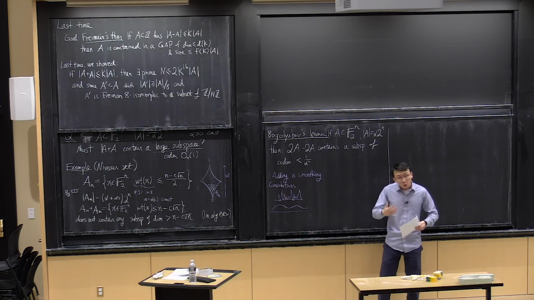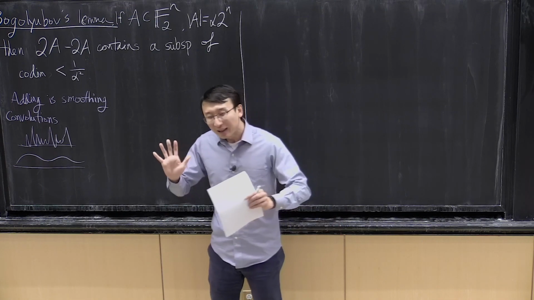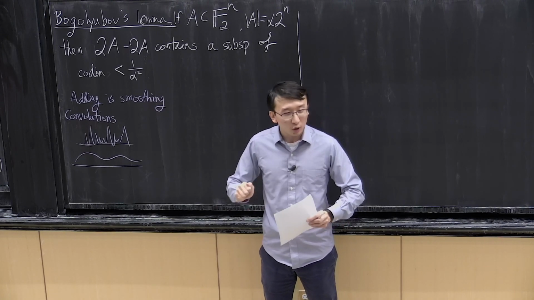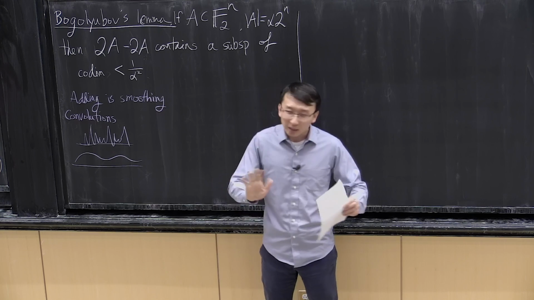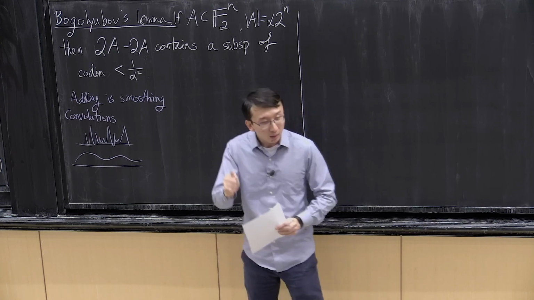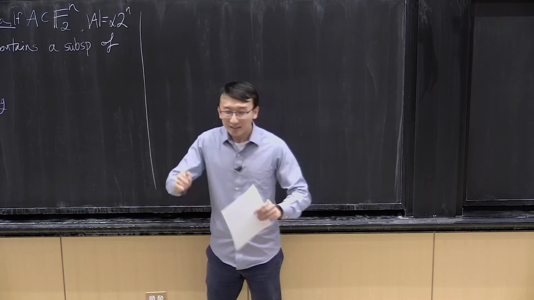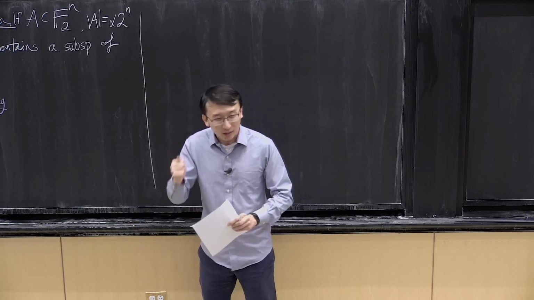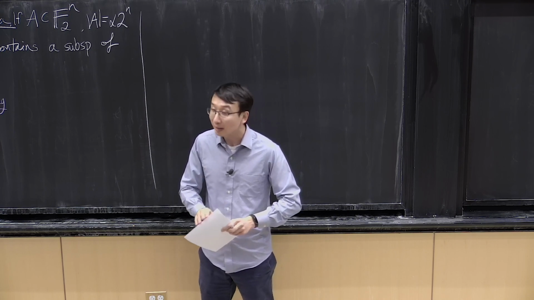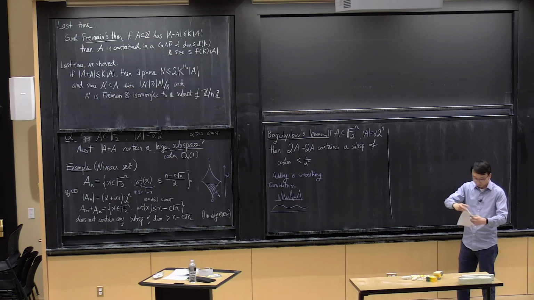So when we do these Fourier analytic calculations, okay, so there will be some Fourier analytic calculations. The first time you see them, they might just seem like calculations. Right? So you push the symbols around and you get some inequalities, you get some answers, but that's no way to learn the subject. Right? So you need to figure out what is the intuition behind each step, because when you need to work on it yourself, you're not just guessing the right symbols to put down. You have to understand why intuitively each inequality should be expected to hold. And this is an important idea that adding is smoothing and convolution is smoothing.